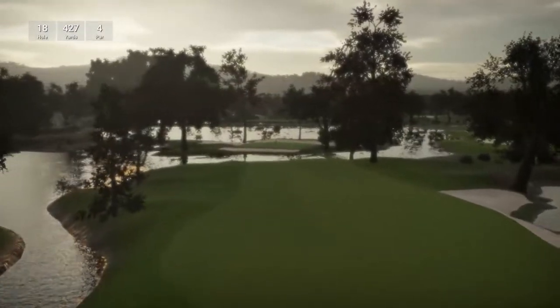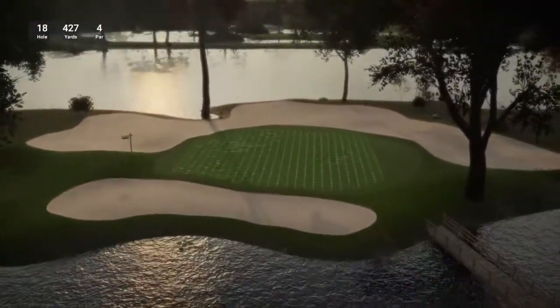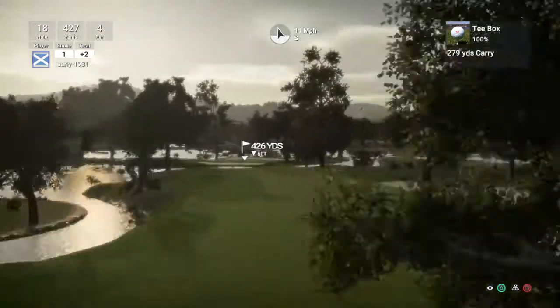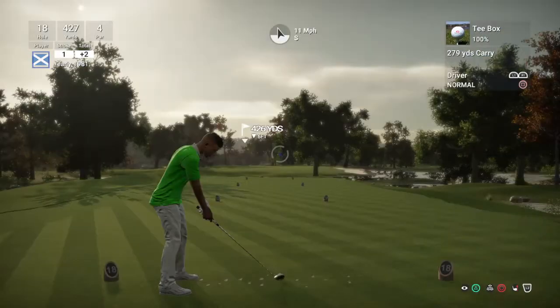And what a beautiful looking finishing hole, guys. You can see the clubhouse there on the left. I think it's a clubhouse. So Phil, I take my hat off to you, pal. Guys, please go out there and play this course. Let's get this course up to 300 plays if we can. There's a lightning again, guys. Is it just me that's noticing it, or...